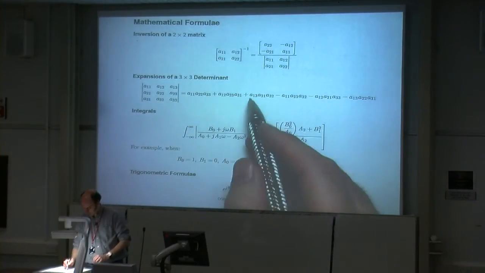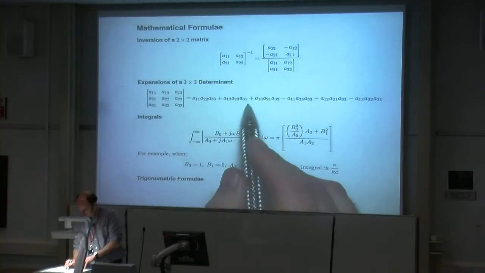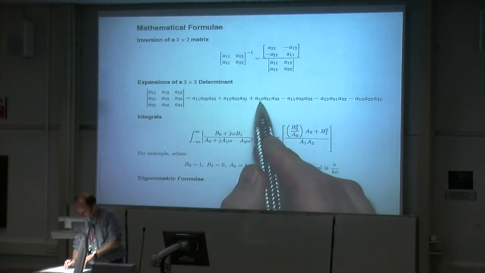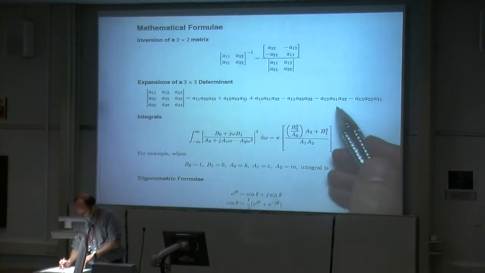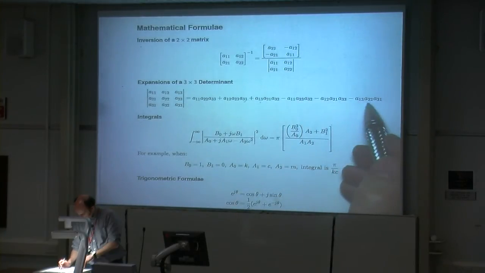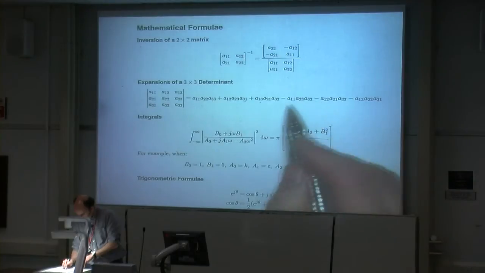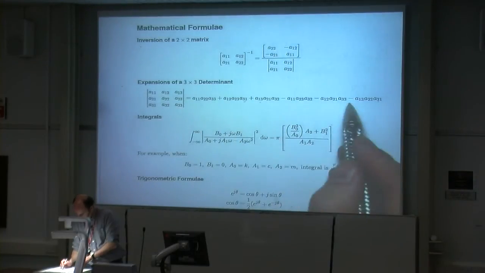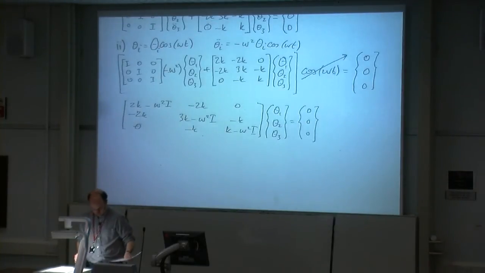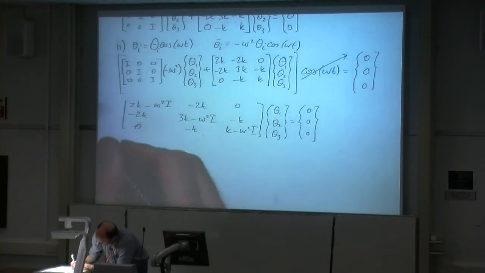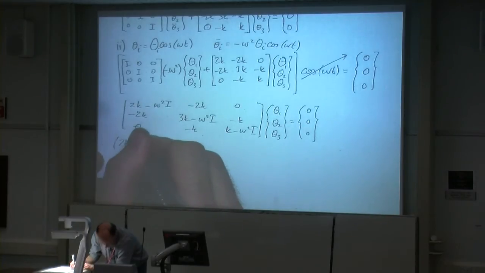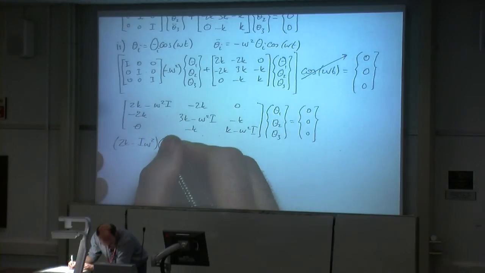And often, in this case in particular, there's no term in A31 and A13, and there's no term there. So often some of these terms will actually drop out. We don't need to worry about it. What I'm going to do is I'm just going to write the formula that I came up with instead of sitting going through it. So we have 2k minus I omega squared